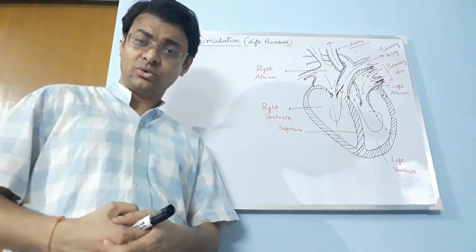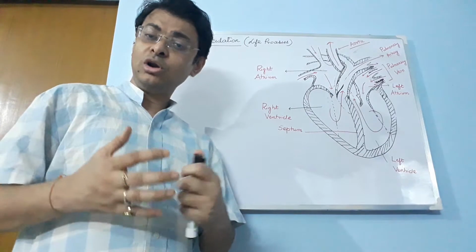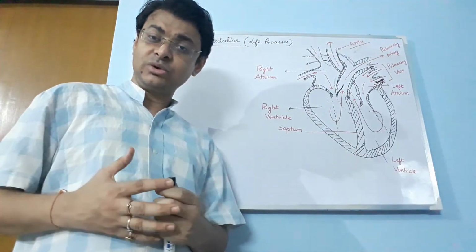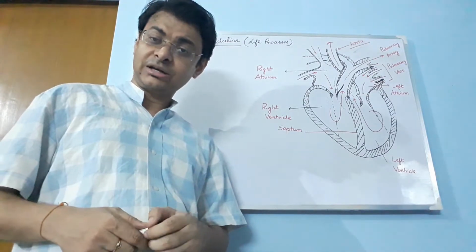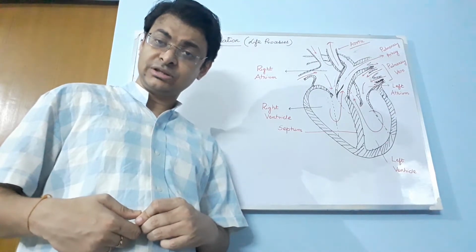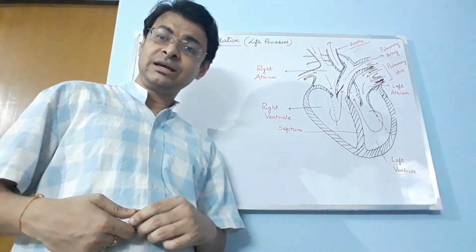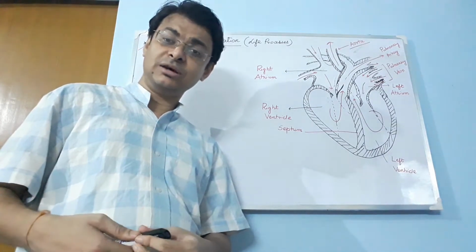Students, you already know what the medium of circulation in our body is. As we have read in our earlier classes, circulation takes place by blood. Blood is the fluid connective tissue. It helps in the transport of nutrients, food, important minerals, gases, everything. Everything is transported via the blood.